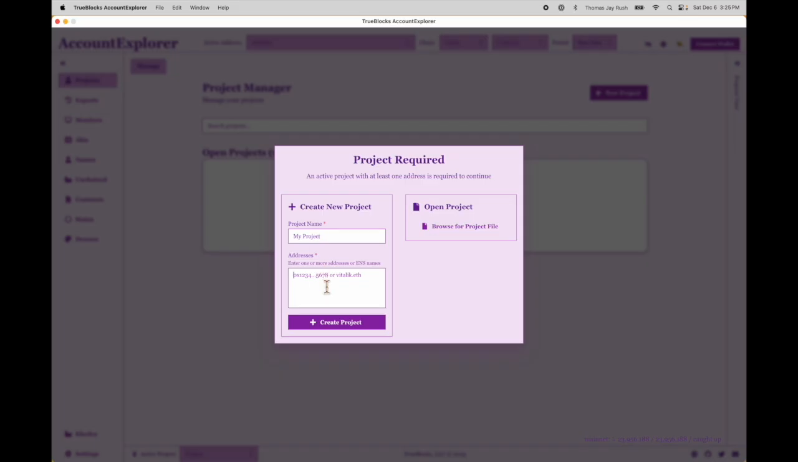And I'll add some of my own addresses, trueblocks.eth, quickblocks.eth, and unchainedindex.eth. Once I press enter here, Cadra, which I mentioned in the first video and is a long-running systems process